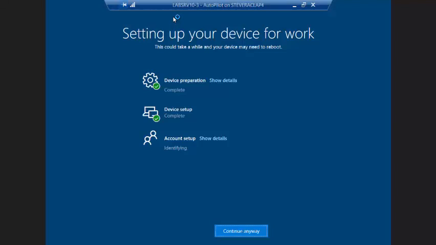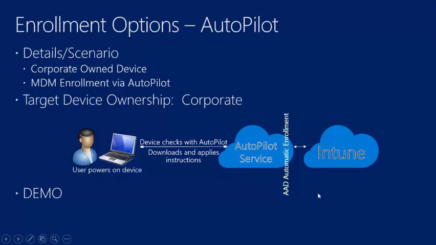And depending on timing, yeah, here's the status screen again, right? So it comes right back. And so this is always available for the user to see until we know things are done. So now we're doing the account setup and security policies and other kinds of things that might need to happen, right? So anyway, going to let this proceed in the background because we'll come back to this machine in just a little bit, but thought that was interesting and wanted to show it to you as we talked about